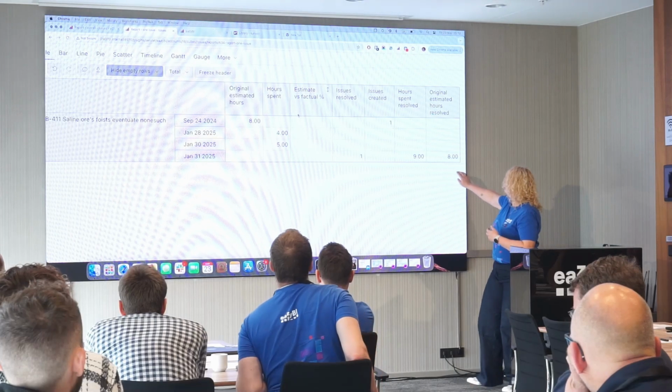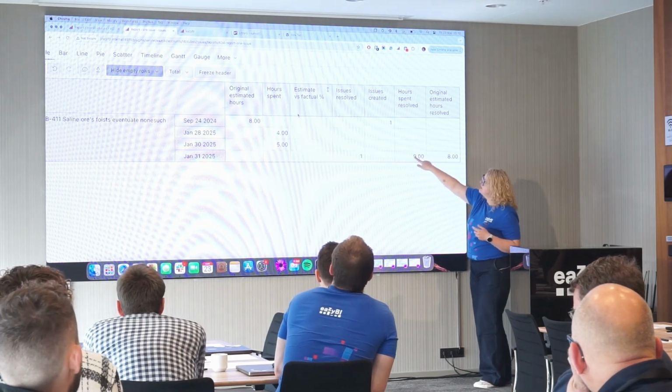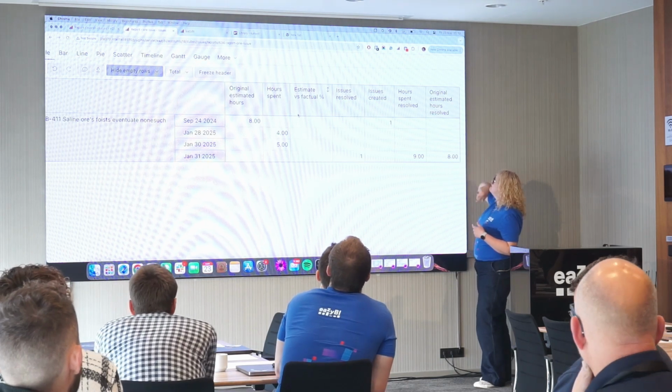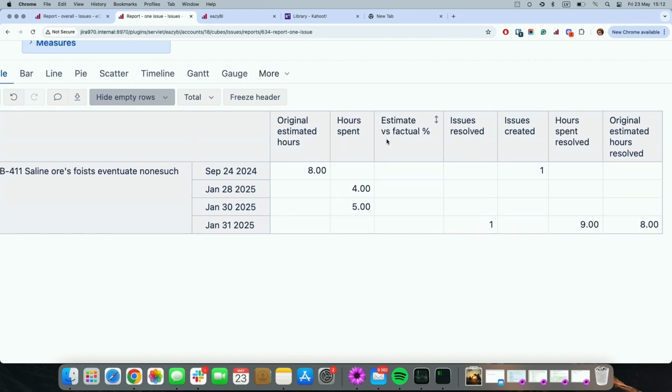And now we can see that all 9 hours resolved are related to the resolution date, and the original estimated hours are also related to this resolution date.